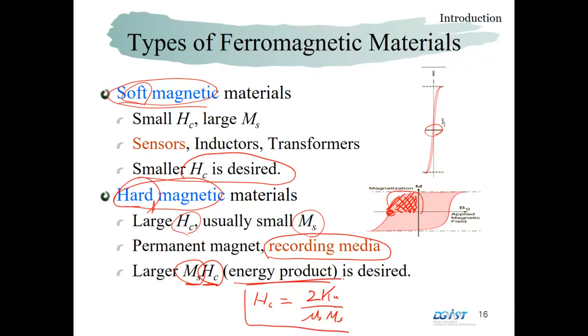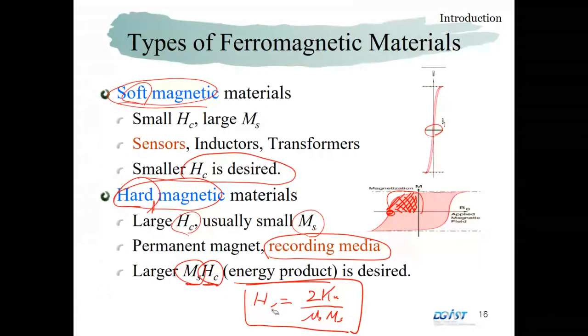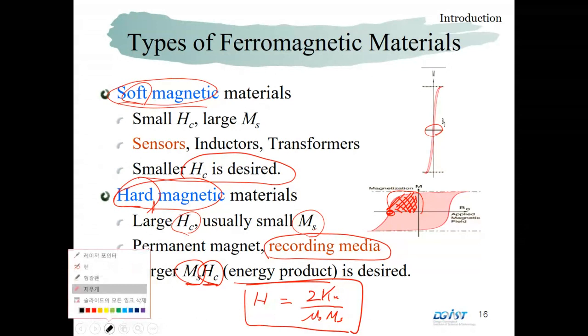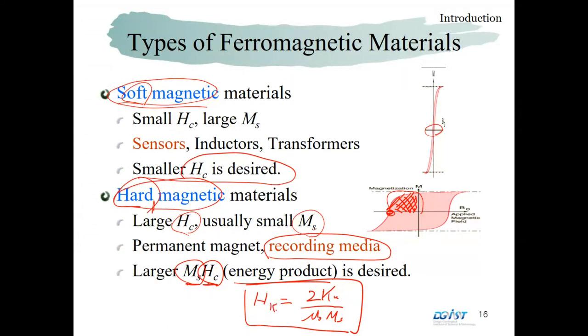This equation, we're going to learn about this. This is called the anisotropy field, and this one is related to the HC, not a one-to-one relation. And this relation, we assumed many things. With such kind of many assumptions, HC and MS is